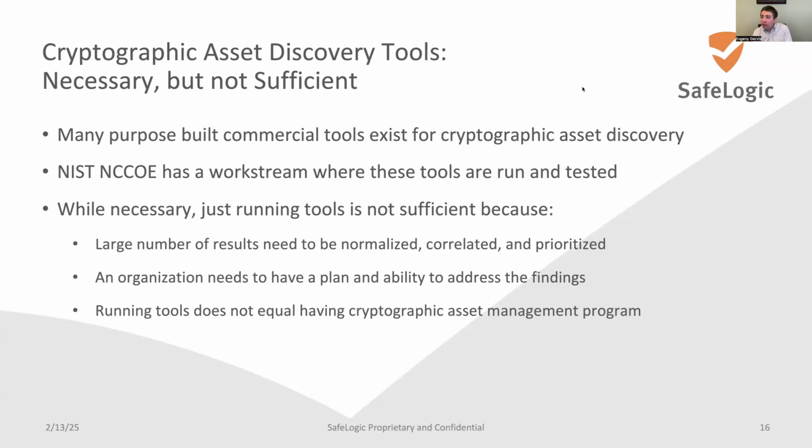You need to correlate it to your data and assets so that you can start prioritizing, right? Because you really need to know what data is in question that's being protected with those cryptographic controls. So going through this normalization, correlation, prioritization is not straightforward. And this is actually what we're trying to tackle right now with the NIST work, and hopefully we can report